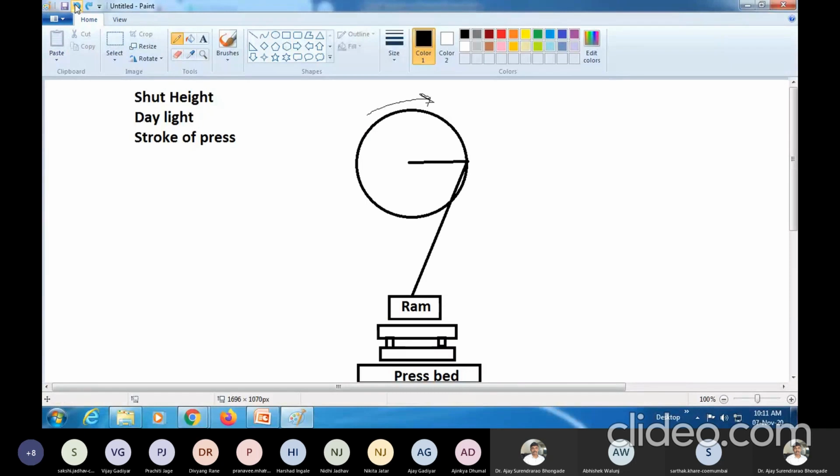So we may get different positions there. Now, if I talk about this particular ram, it can have this position, or it can also have this position.